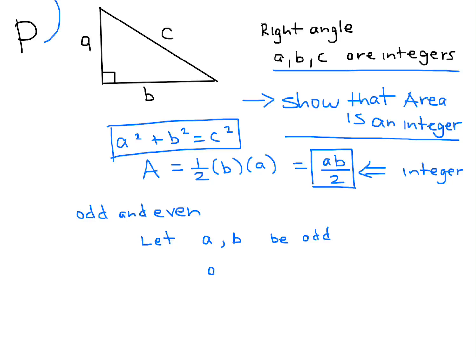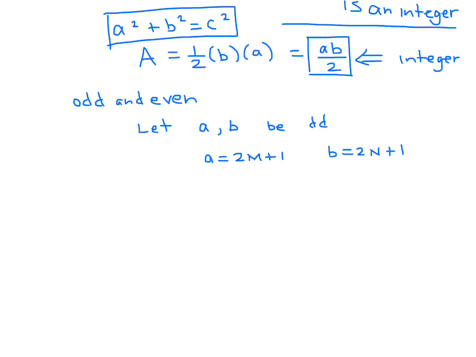And let's see if this works. So that means a would be like 2m plus 1, right? That's how you write an odd number. And b we'll let equal 2n plus 1, like this. And let's see what we get. So using our Pythagorean relationship, we would basically get the following. 2m plus 1 squared plus 2n plus 1 squared is equal to c squared. But instead of c squared,